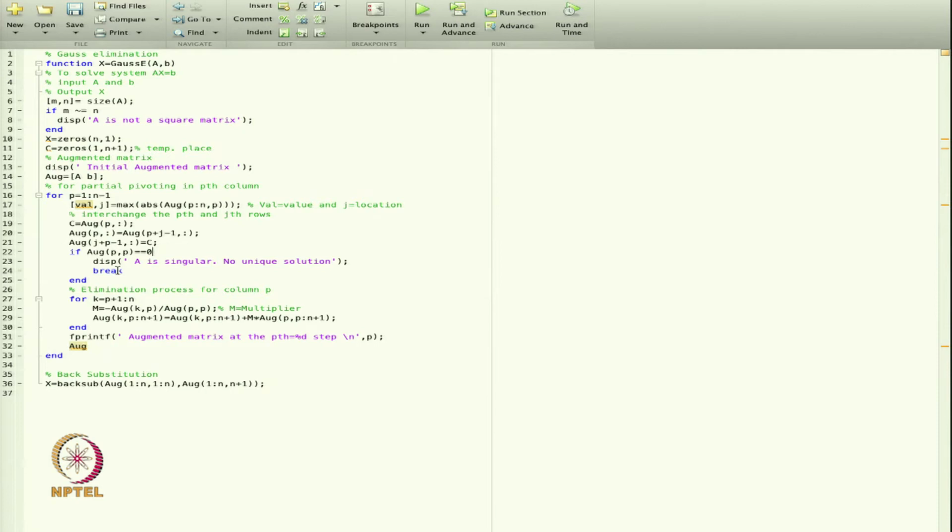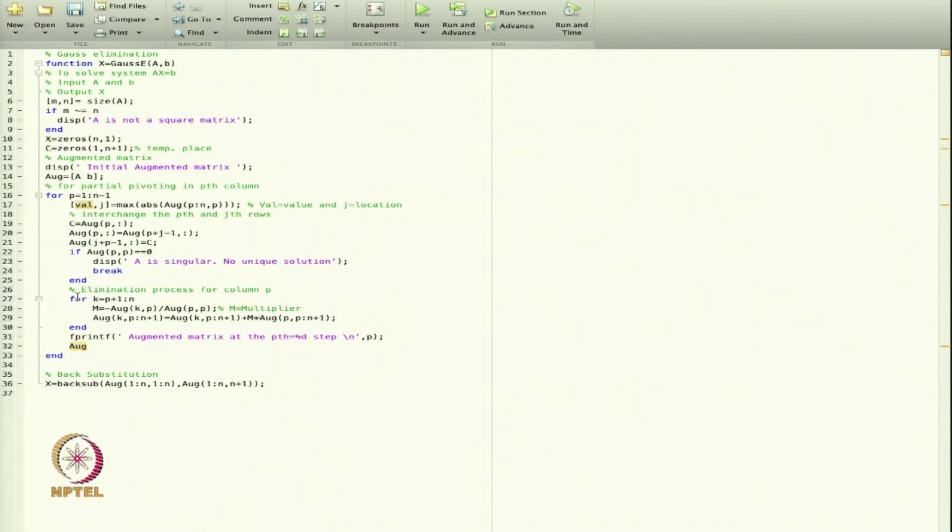After this for loop, wherever in the first column I find the maximum element, I interchange it with the first row.